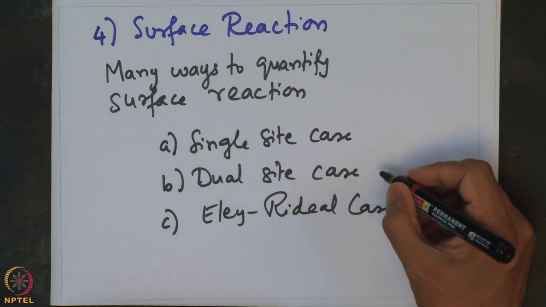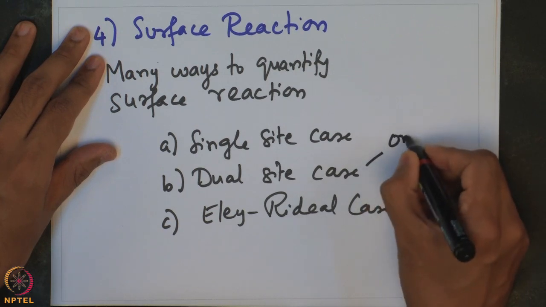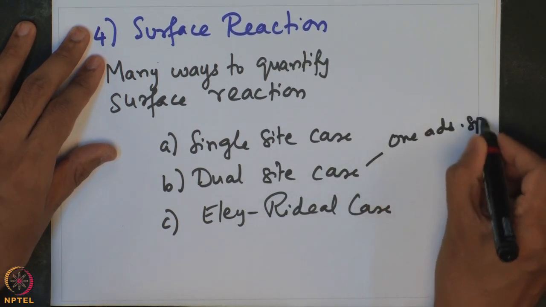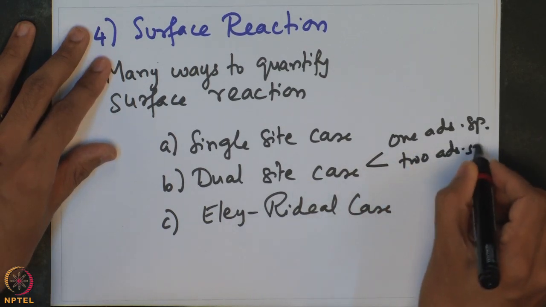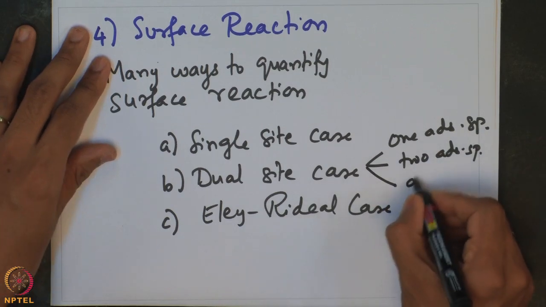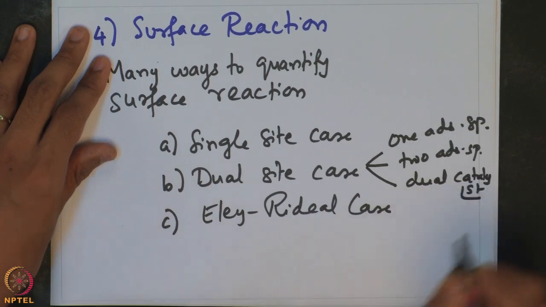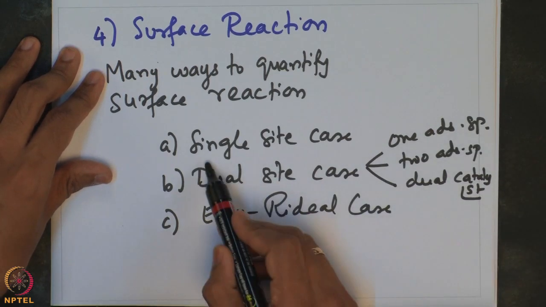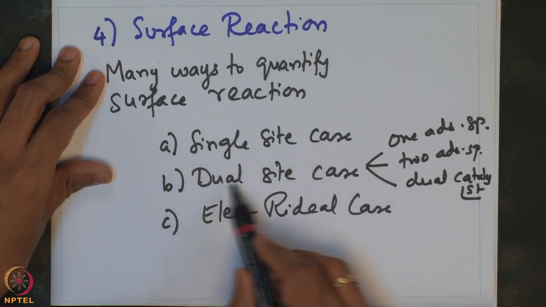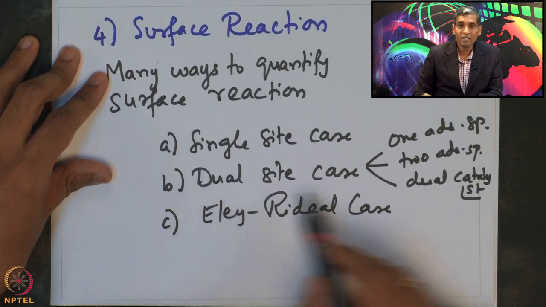Even in the dual site case, there are three different cases we will look at: one adsorbed species, multiple adsorbed species, and the dual catalyst case. We will look at each of these cases to find out the rate at which the surface reaction happens, for a single site case, a dual site case, and an Eley-Rideal case, where in the dual site case we look at